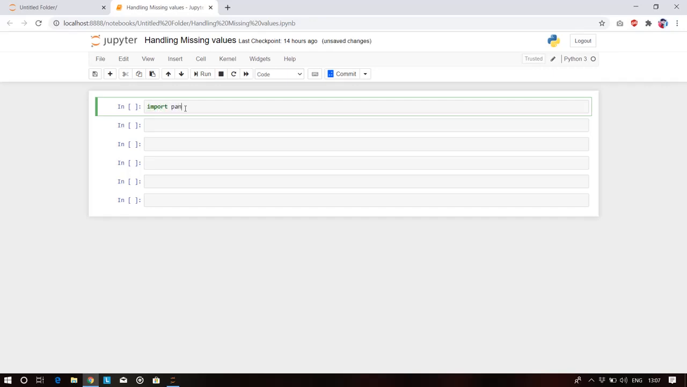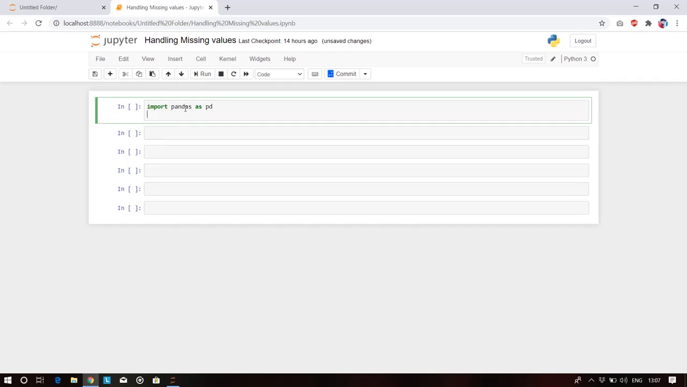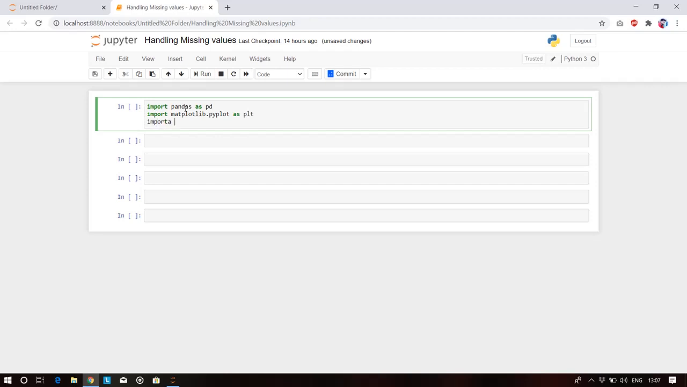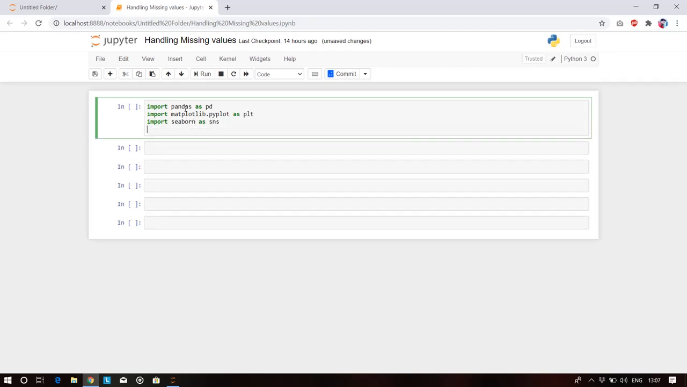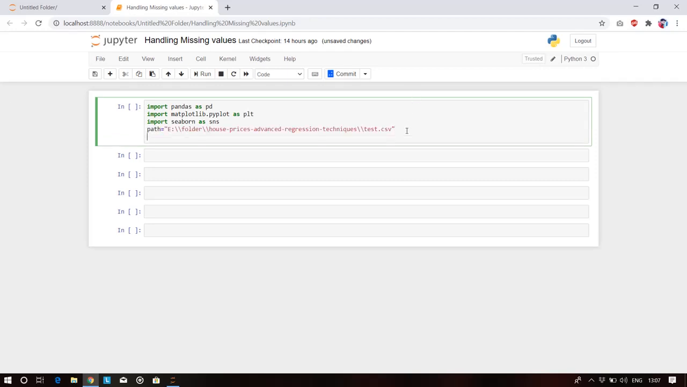Import pandas as pd, import matplotlib.pyplot as plt, import seaborn as sns, right? Now I have already copied the path of the dataset, so let's convert this dataset into a